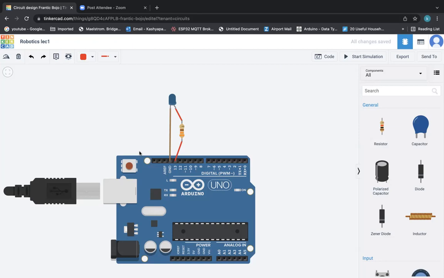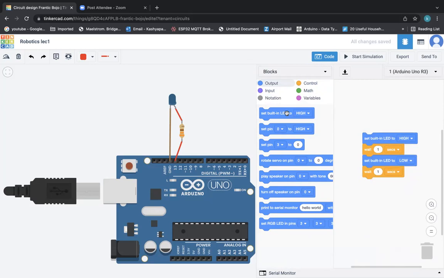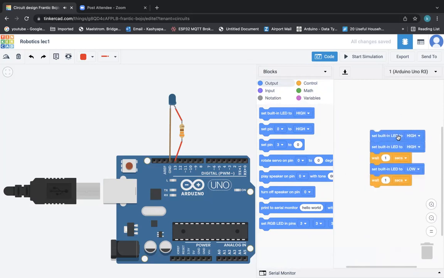Yes, sir. Okay. How about others? Yes, sir. Okay, brilliant. Now I want you to go to this code. From this code, you can see it is already built. It has already built something. So this program is somewhat intelligent, and this is called blocks. You can see these are blocks that you can move and drag and drop like such.